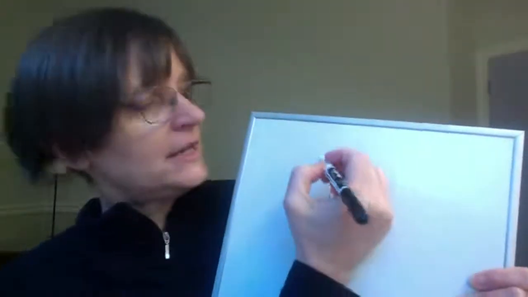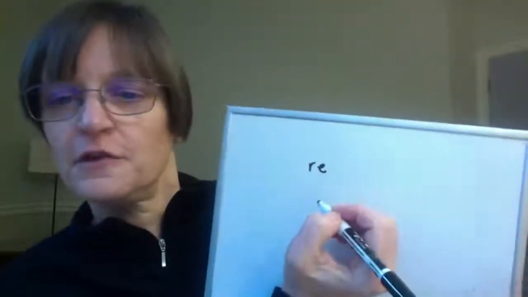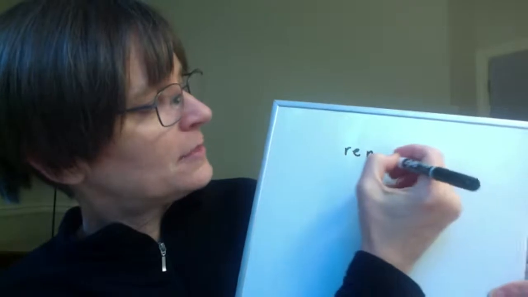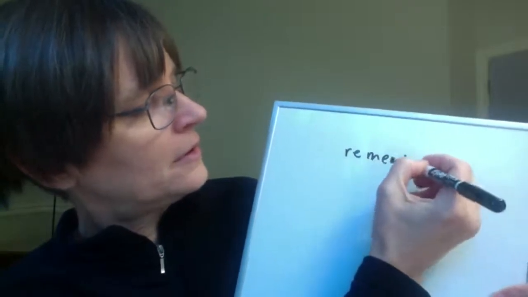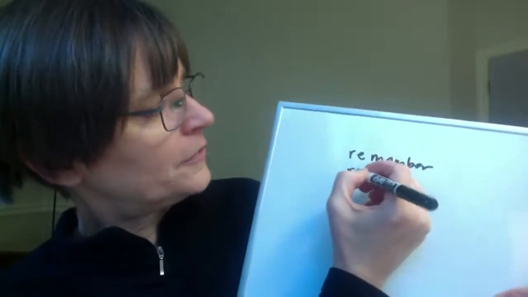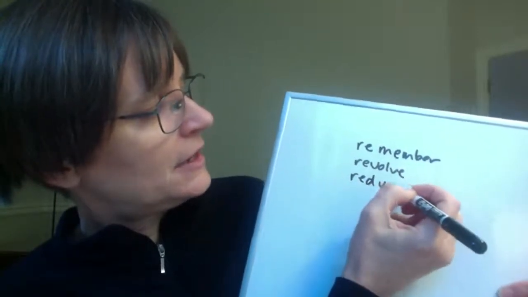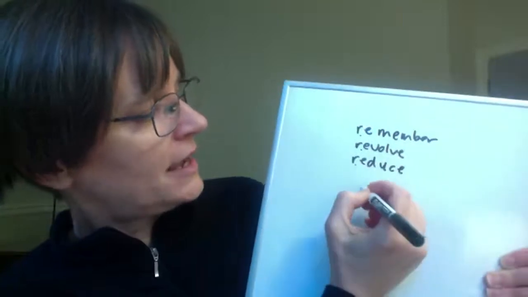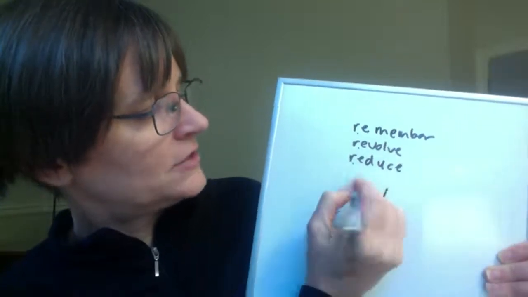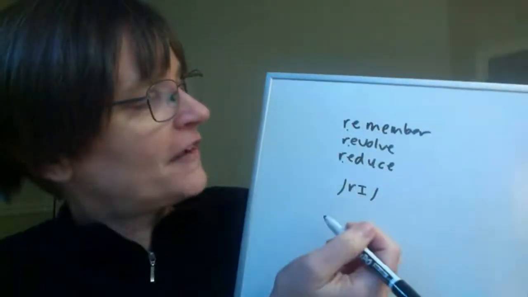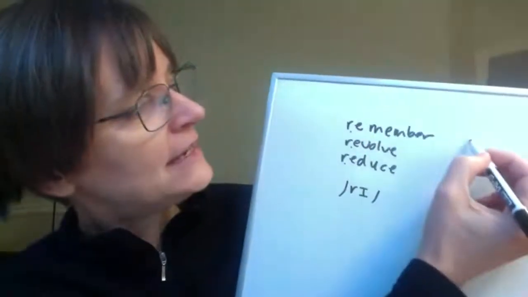Great. Susan has a question. How to pronounce RE at the beginning of a verb. You say suffix, but I think you mean prefix, because if it's at the beginning, it's a prefix. So in words like remember or revolve or reduce, these are all unstressed and they sound like an I. So even though we spell it with an E, this is another great example, thank you, Susan, of if I think about E, I might want to say "remember,"